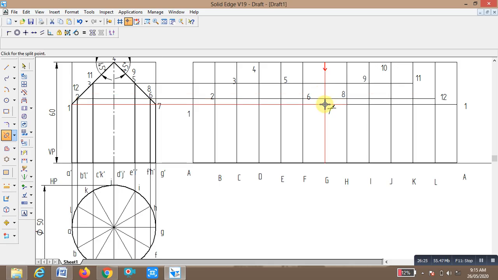This point is 10. This point is 11. This point is 12. This point is 1. Then right click. Okay, yes, undo. You draw the curve, smooth curve.